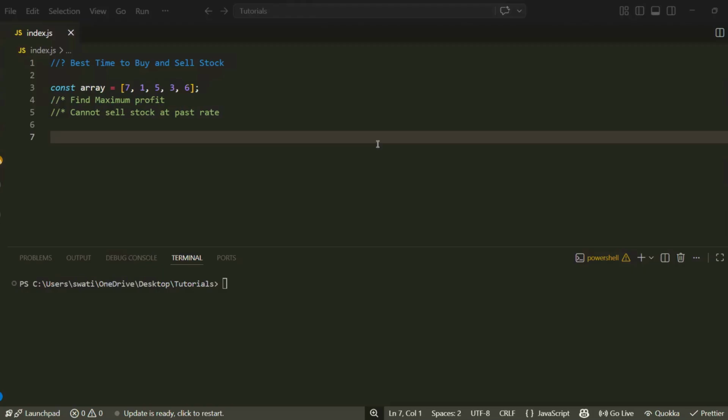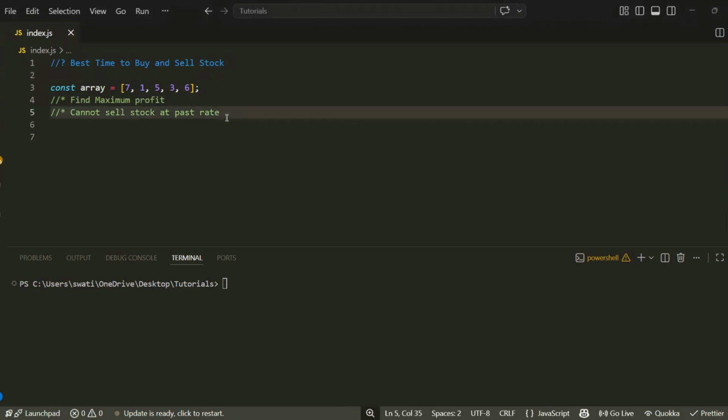In today's video, we are going to see the solution for best time to buy and sell the stock. So the expectation is to find the maximum profit, and the condition is that we cannot sell stock at past